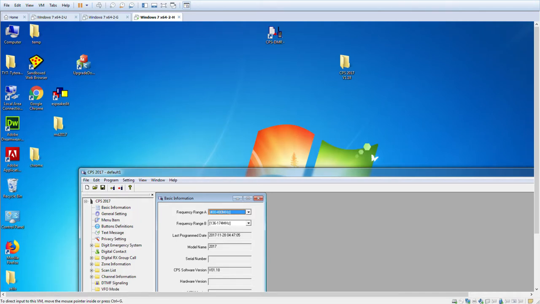The purpose of this video is to show how to change the transmit power level for the low power setting on the MD 2017, and the same procedure applies for the MD 380 and the MD 390. First thing to do is to find where your CPS program folder